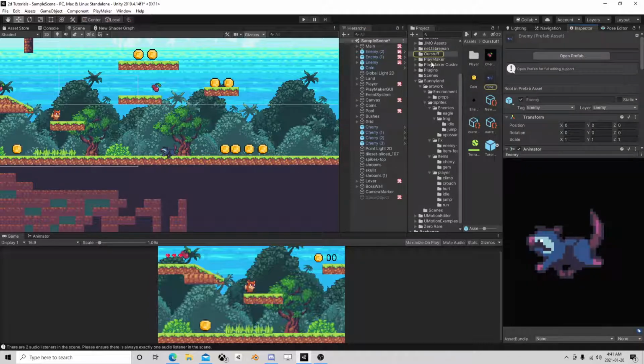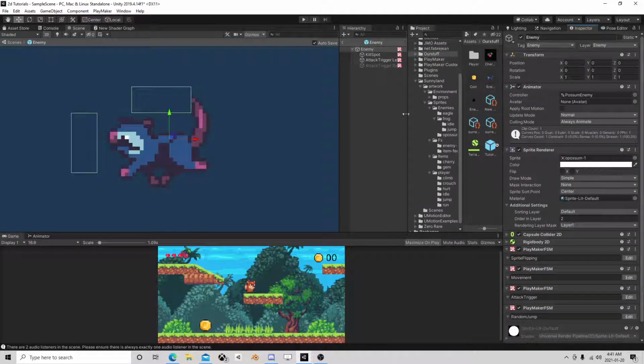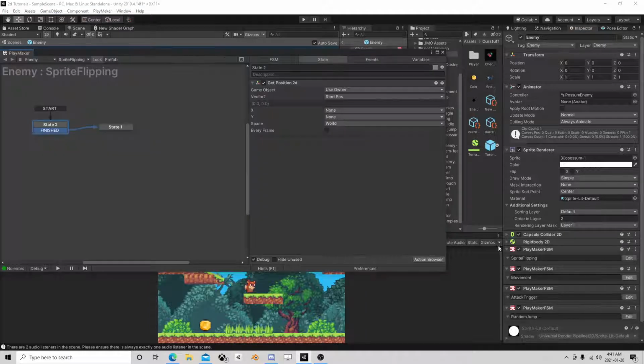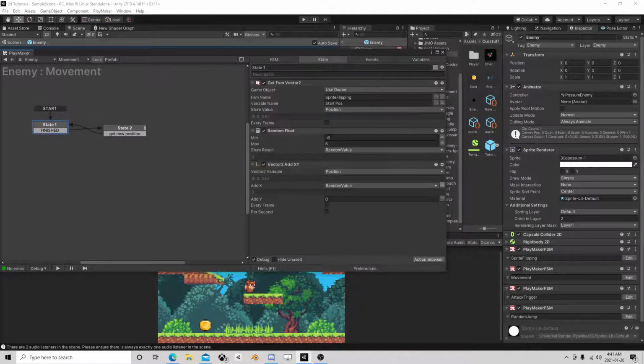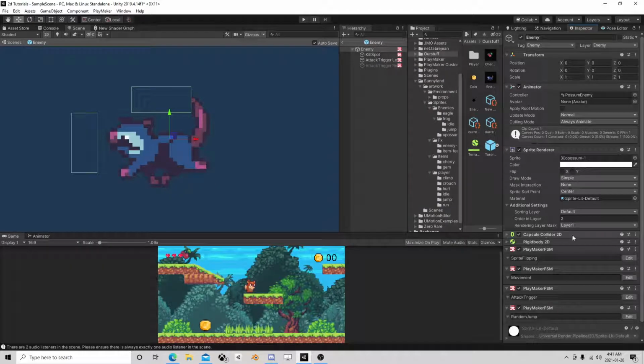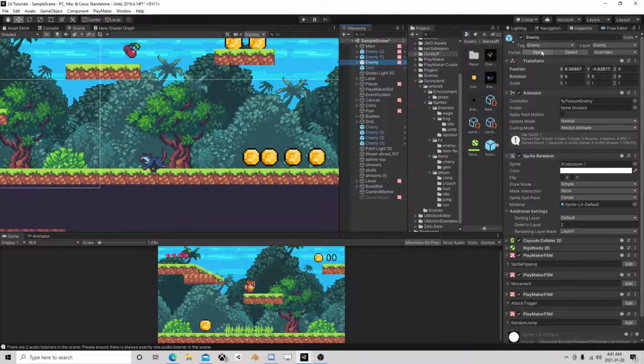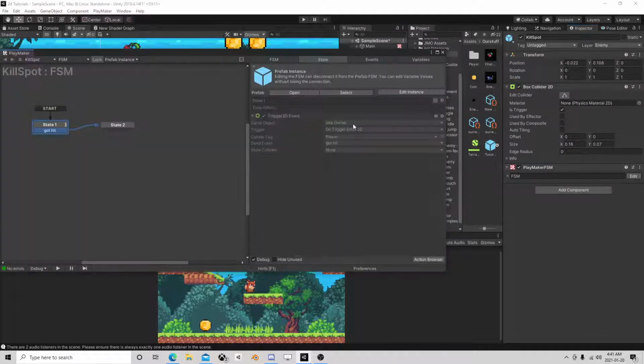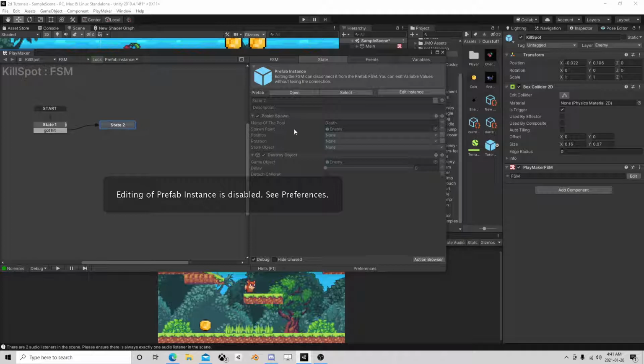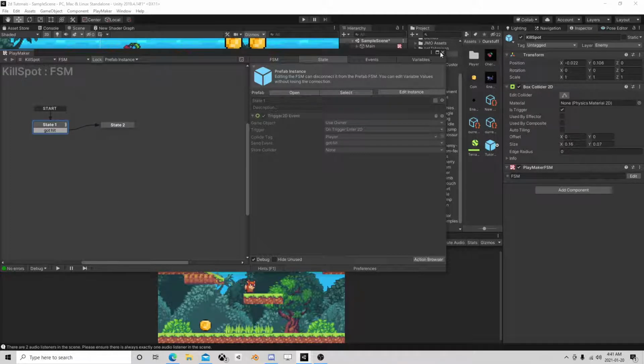I almost think we should go into our enemies real quickly since I'm here and adjust their overall movement. I'm going to take it down, just prevents them from getting stuck a bit. So the other thing I was thinking of was giving enemies health, right? Because right now, if you look at an enemy, if you jump on the kill spot, we just kill them. And if we wanted to give these things health,